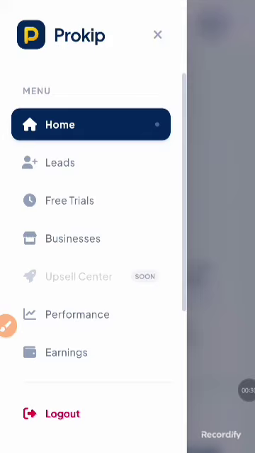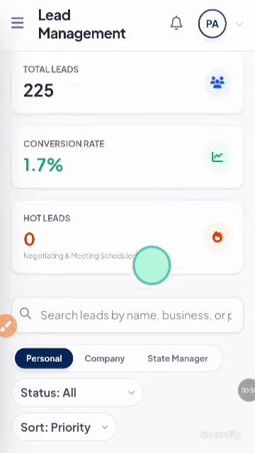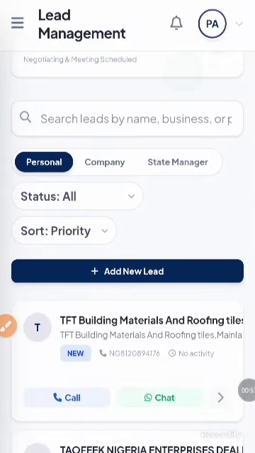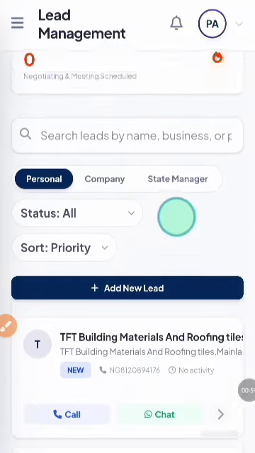Now, if you click here, you come straight to the menu. Then you have the home, which I just explained. Then you have the lead. This is where your activity starts. Under leads here, you have two options. You have the option of talking to prospective businesses physically by yourself, and after you've interacted with the business and they're ready to get on board on Prokip, first of all, to create their account and probably give them a free trial before they make payments, or if they are ready to make payment immediately, you come to add new